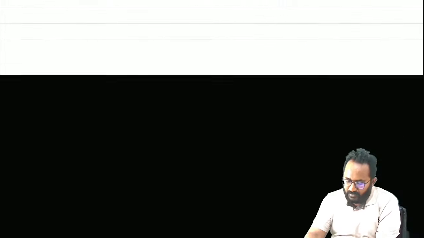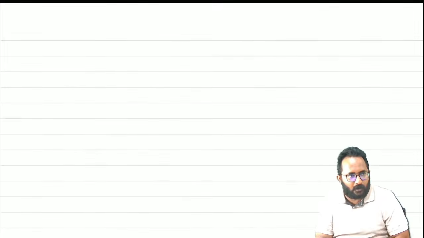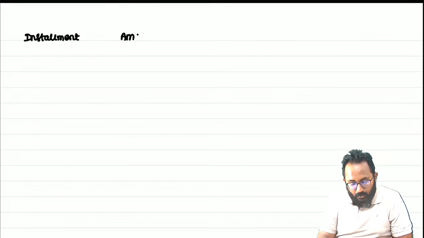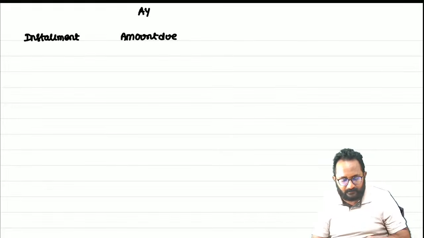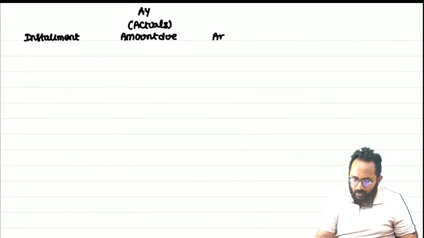Okay, now we can calculate the interest under section 234C. One format I will tell you. First we can open the installment column. What is that? Installment. Now amount due. Can you tell me amount due? This we calculated in the assessment year based on actuals. Amount already paid. This we already paid based on what? Estimations in which year?